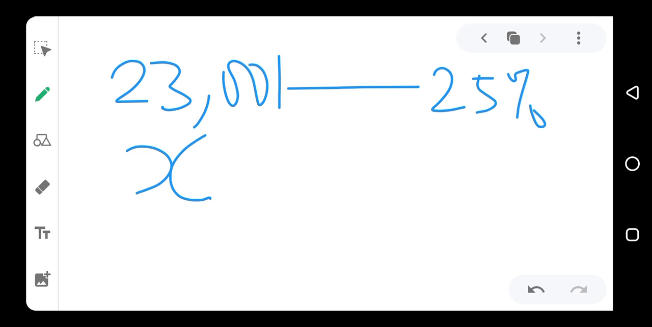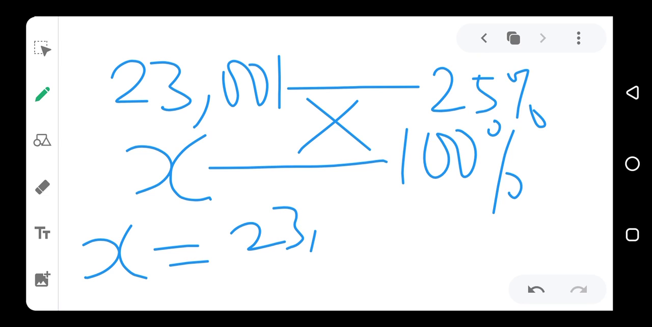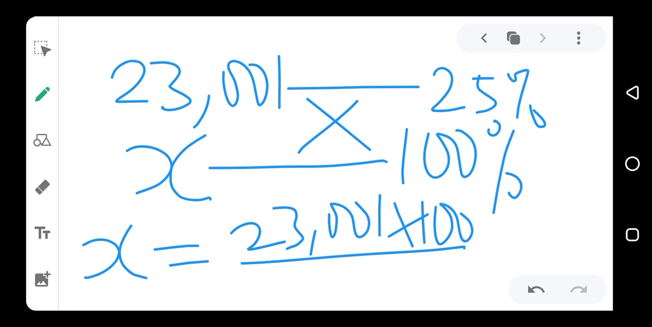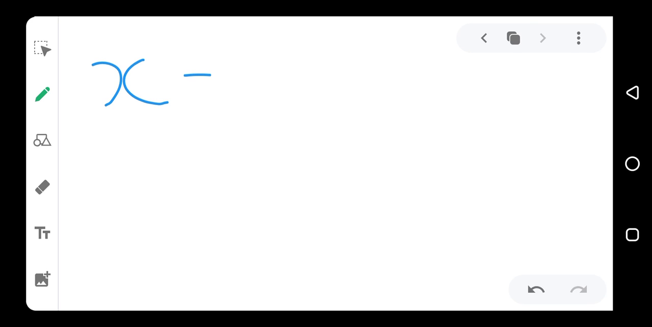Now, how much will represent 100%? The amount that represents 100% is equal to the total heat. So, if we solve this, we have that X is equal to, we do cross multiplication. So we have 23,001 times 100, everything over 25. So we now have that X is equal to